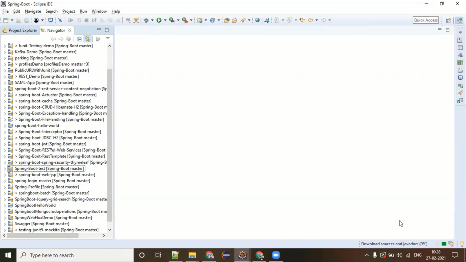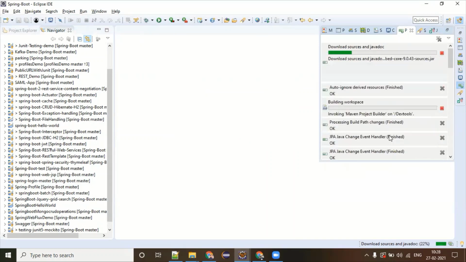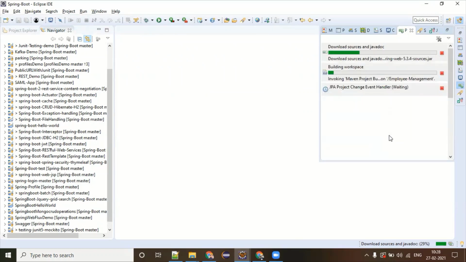Right now you can notice that it is downloading lots of dependency sources. If you click on this, it will show you how the downloading processes are happening. The moment you have imported the Spring Boot Hello World program, Spring Boot is going to download all the libraries required for a basic infra setup.